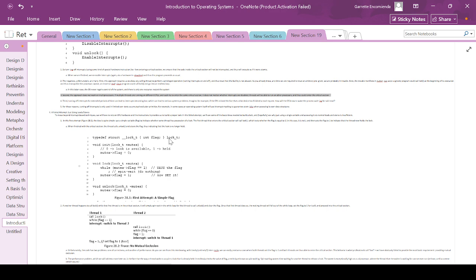Third, turning off interrupts for extended periods of time can lead to interrupts becoming lost, which can lead to serious system problems. So imagine, for example, if the CPU missed the fact that a disk device has finished a read request. How will the OS know to wake the process waiting for said read? So because of the trouble that disabled interrupts cause,